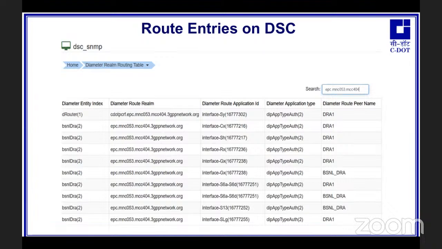For S13 it is 252, SLG 2555. So on the basis of the application ID which is coming in the diameter messages, they are getting routed towards the destination node. It can be for DSC. DSC is basically, if you think